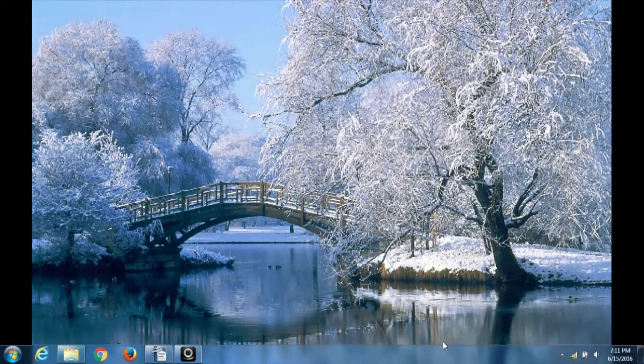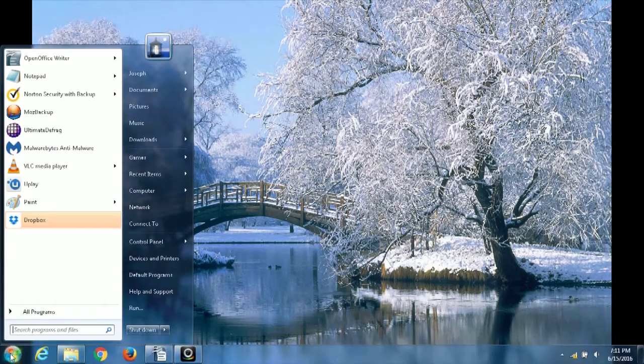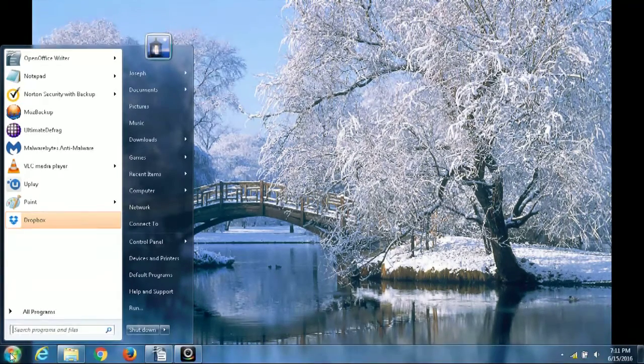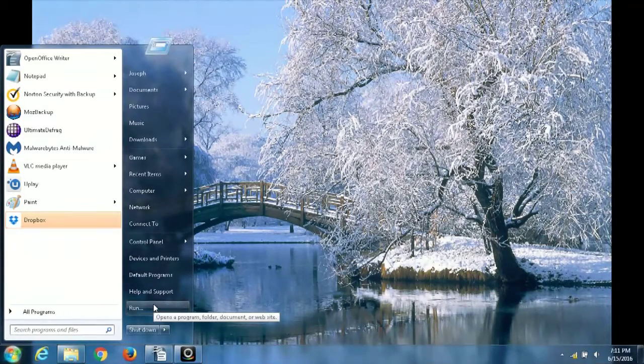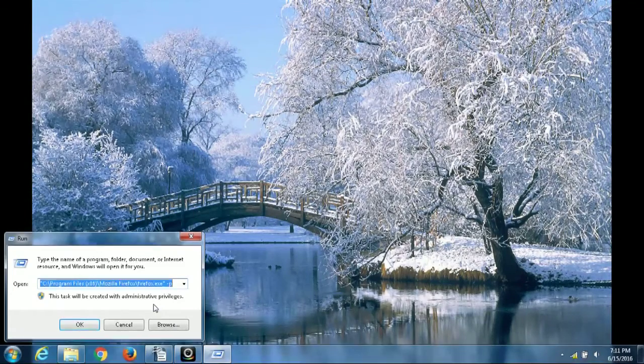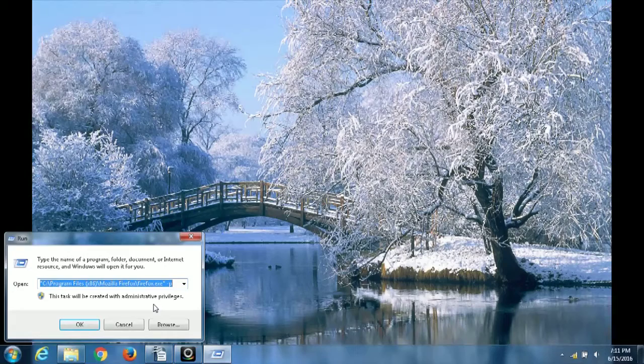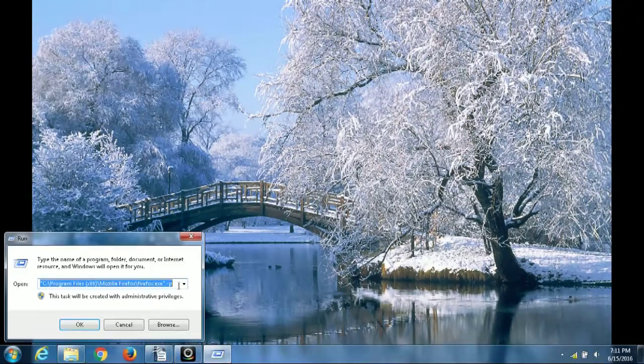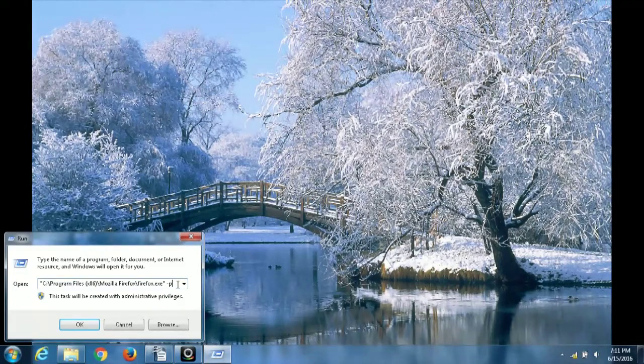First off, we need to go where it's located. You will have to type in a command in order to access this. To do that, go to Run and hit Run. Here I've already typed it in: program files x86, Mozilla Firefox, slash firefox.exe. On the end here, you notice there is a -p. That means profile. So when you put that in here and hit OK,